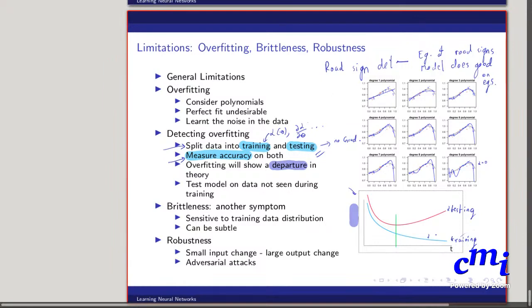Right. So any other questions regarding overfitting? Okay. None. Yeah, so as I was saying, go ahead. Yeah, sorry. So as I was saying,